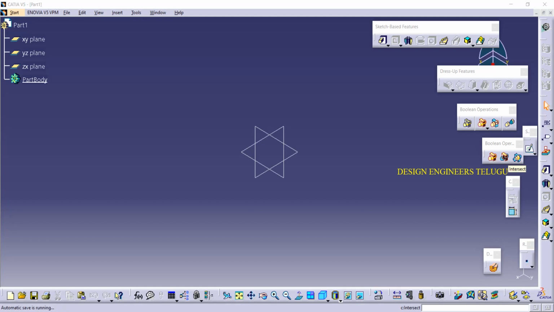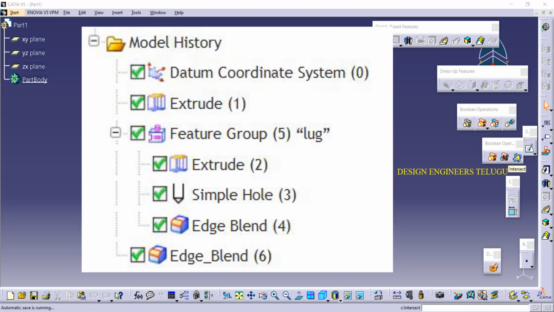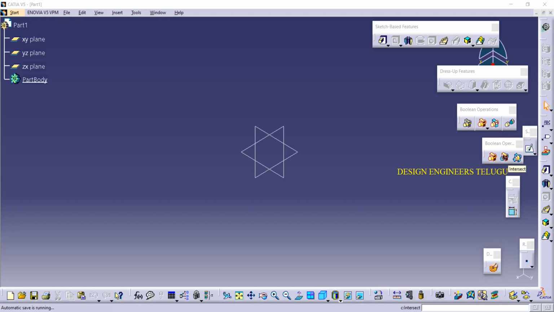Also, some companies use Boolean operations to create feature groups. You know, feature group means we create all related features into a single group, so it will be very useful and easier while machining. Boolean operations are also very helpful while making drawings. So we have many reasons to use these Boolean operations.